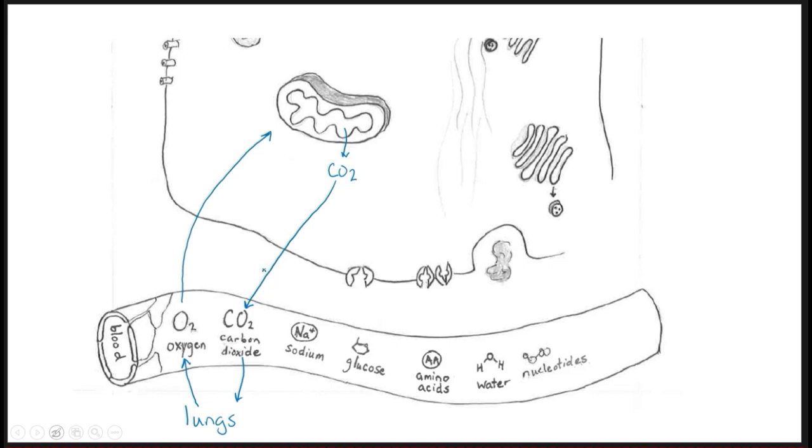Now, since both of these are small nonpolar molecules, they can pass right through this cell membrane, which we should label, by the way. So that cell membrane, different than a wall. The cell membrane is selectively permeable. Pretty important concept. So it does not select oxygen or CO2. They come right in. So we call that process simple